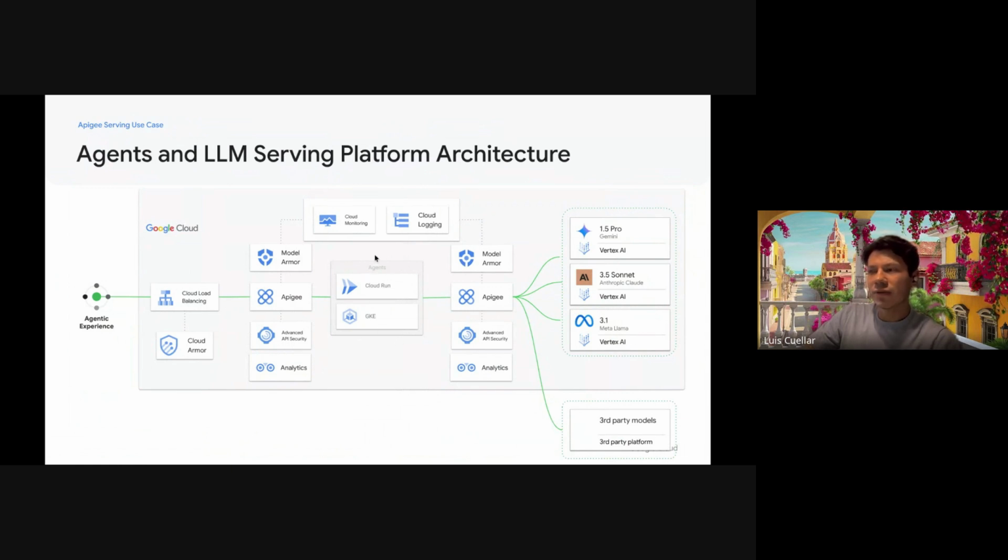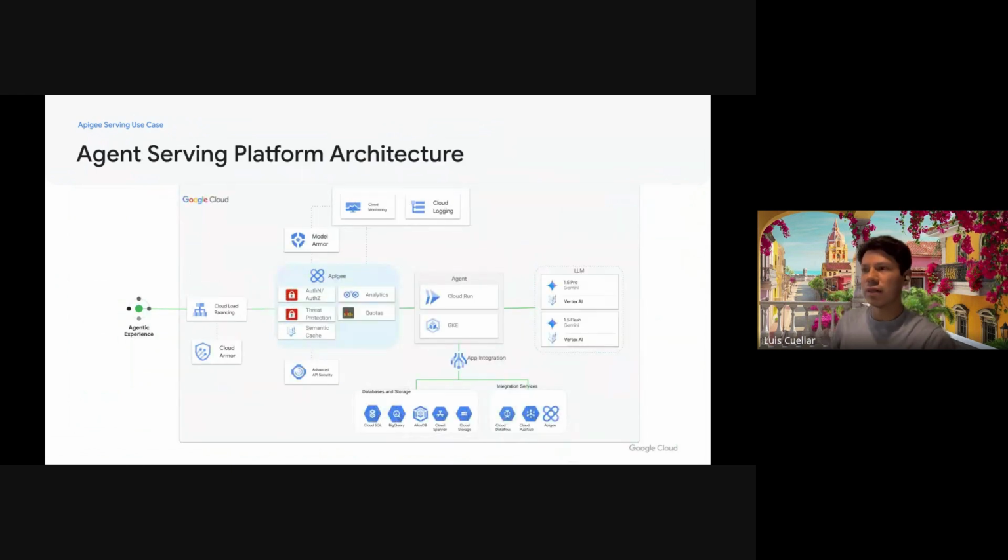Once we receive this, the agent is going to consume different kinds of models, and pretty much the same thing is going to happen. Okay, it's going to go through Model Armor, and we can do the rerouting that I was talking to you about. This is how, for example, we can also implement